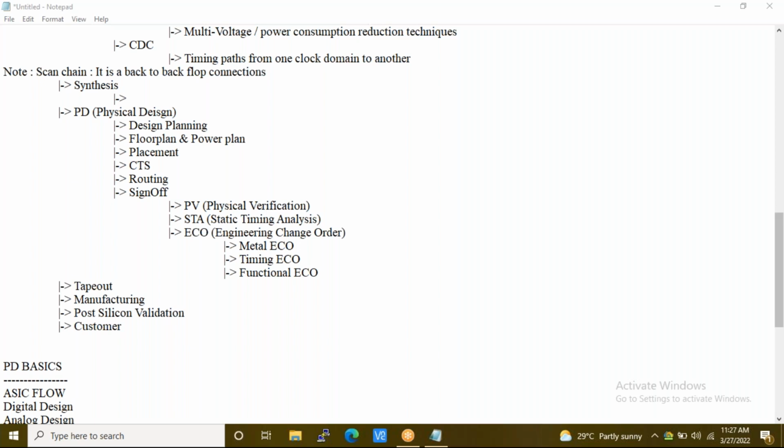It will be like morning 9 a.m. to 1 p.m. will be the theory session. After that, from 3 p.m. to 6:30 p.m., lab session will happen. And sometimes it may so happen that due to your schedule, you may miss 1 or 2 sessions. In all those cases, you will get access to the recorded video, and we will also connect you with a trainer with whom you can have one-to-one sessions to get additional support.